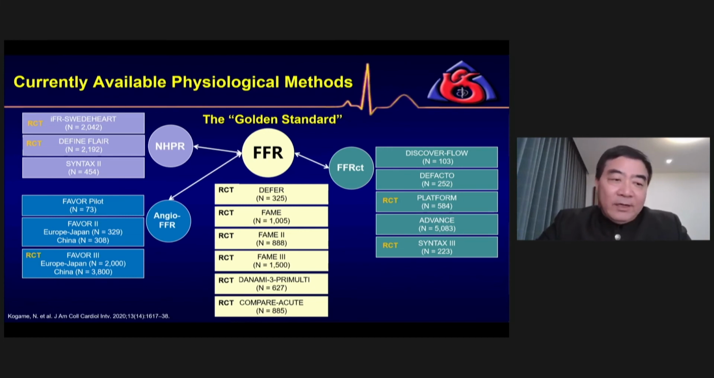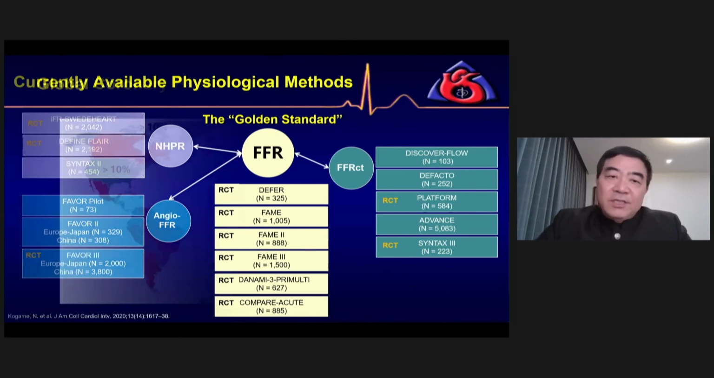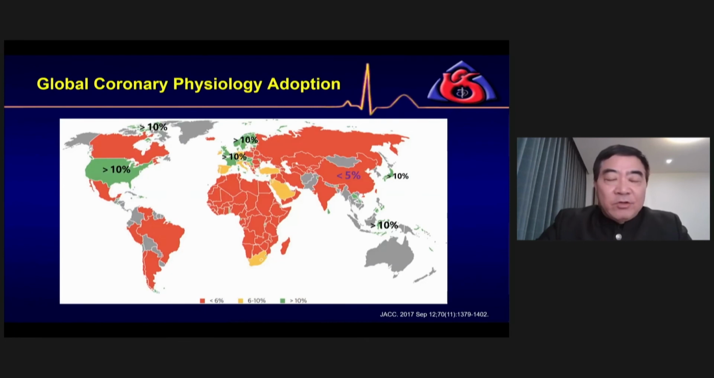So therefore, another parameter for the diagnosis of microcirculatory dysfunction, the index of microcirculatory resistance, recently reported with CAIMR, now shows increased importance. The penetration of intracoronary physiology, actually we introduced in 1999, but the penetration across the whole of China is